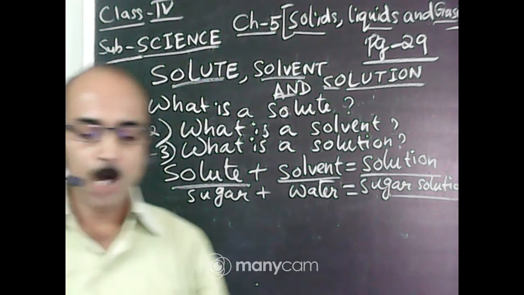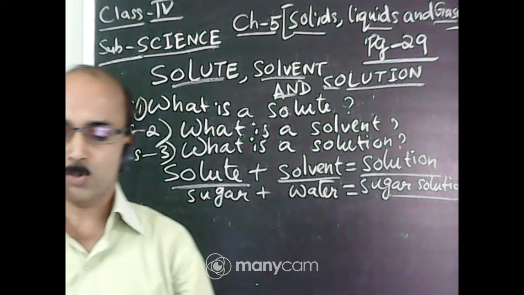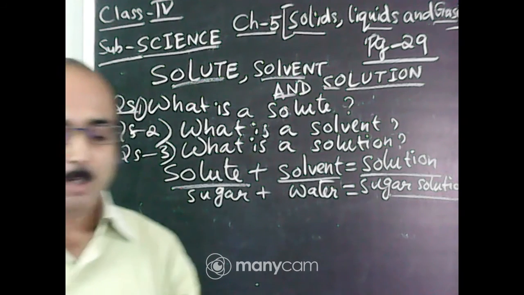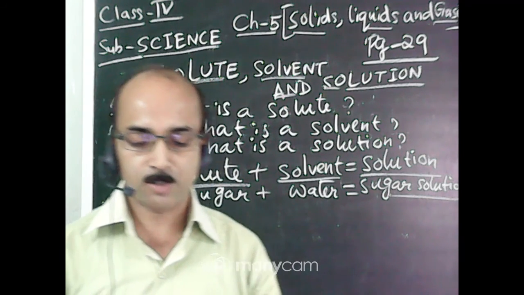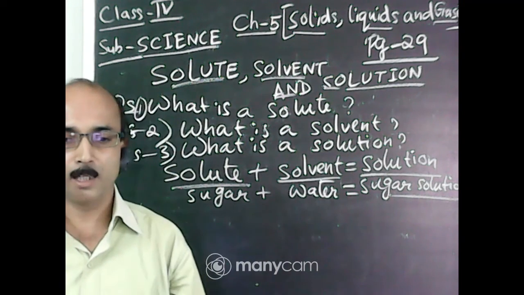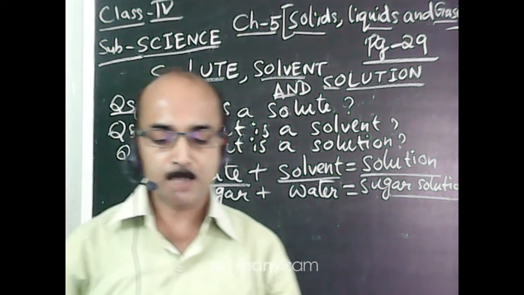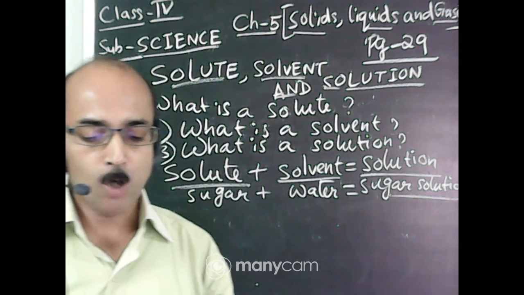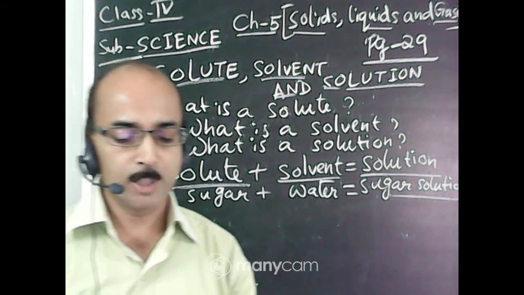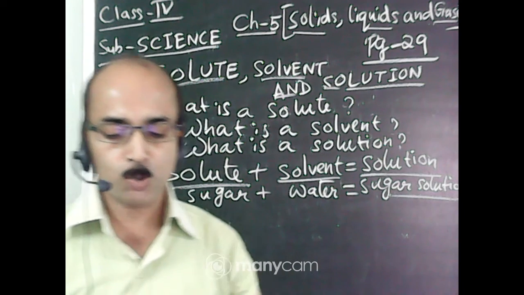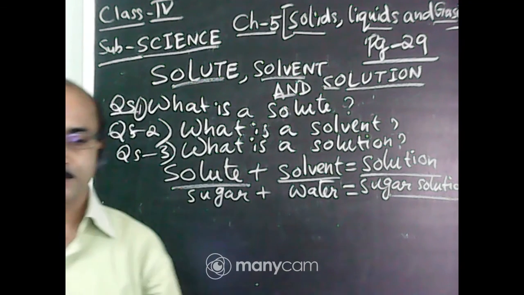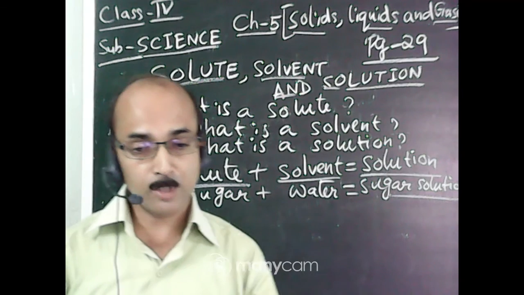Okay. Now in sugar solution, sugar is the solute and water is the solvent. Similarly in salt solution, salt is the solute and water is the solvent. Okay. Now there is a box there, you can see there. When all the empty spaces between the solvent molecules are occupied with the solute molecules, then no more solute can be dissolved in it. Such type of solution in which no more solute can be dissolved is called saturated solution. Okay. So what is saturated solution? You understand this one clearly.